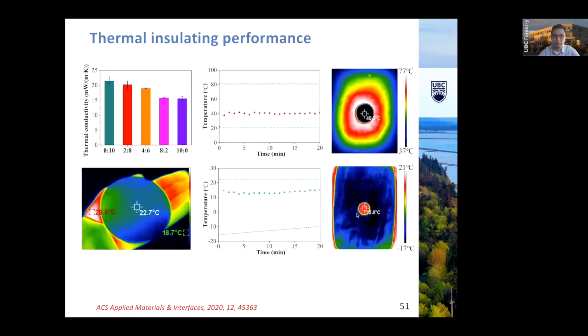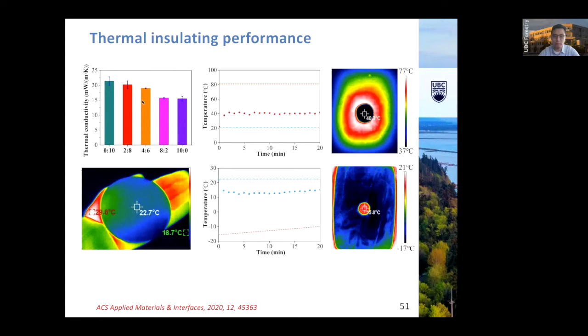And then we measured the conductivity because we want to see how it can reduce the thermal conductivity. Starting from here, we have 22 milliwatts per meter Kelvin, and then with the 80% and 100% emulsion aerogel, we can actually reduce it to 15 milliwatts per meter per Kelvin